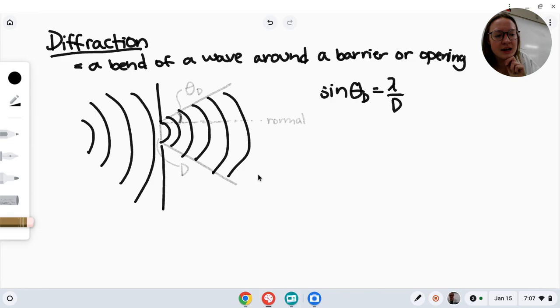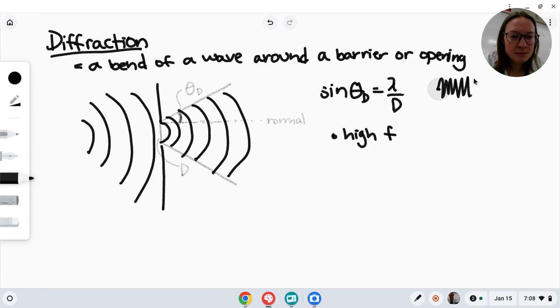Here are a few things that you need to recognize about sound waves. The first thing is that high frequency waves, which, by the way, if a wave has a high frequency, it looks something like this. Beep, beep, beep, beep, beep, beep, beep, beep. Lots of waves in a short amount of time. Hey, check the wavelength on one of those things. Teeny tiny wavelength.